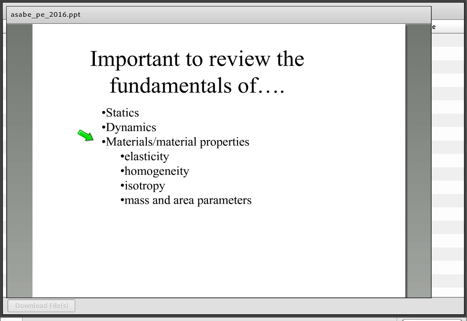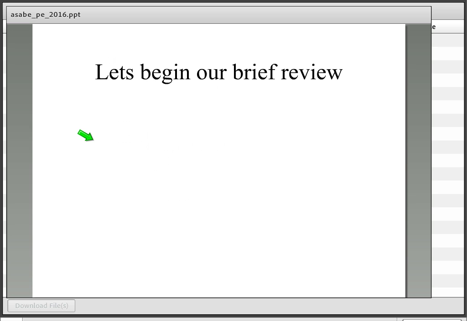Elasticity, what that means, modulus of elasticity, Hooke's law, material properties, whether they're homogeneous or anisotropic. You have mass and area parameters, which we'll talk about a little bit here in a minute or two. So those would be some of the basic areas that you would want to be